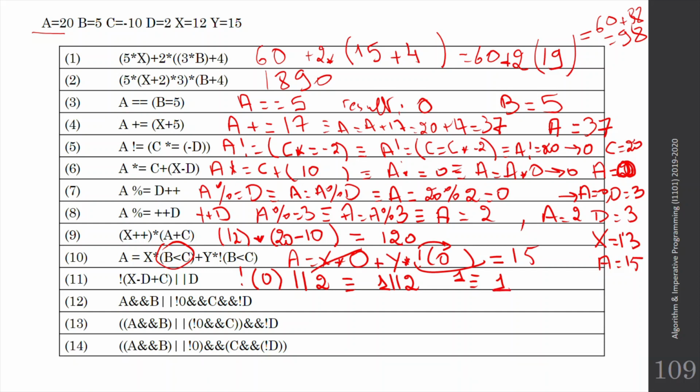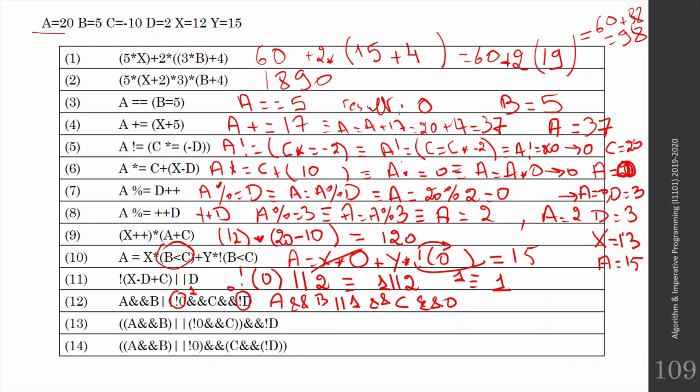12. We have A and B, or not 0 and C and not D. So again, here we have the unary operators, which we evaluate from right to left, and we have the comparison operators and the logical operators, which we evaluate from left to right. So here, not 0, not false, it means 1. Not D, in D we have 2, which means true. Not true, it means false. So we have A and B. I rewrite it. A and B, or 1 and C and